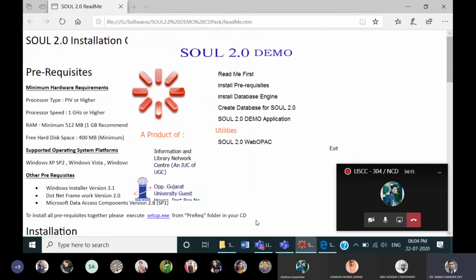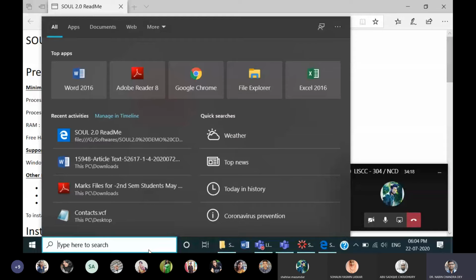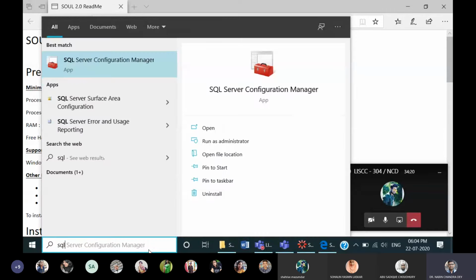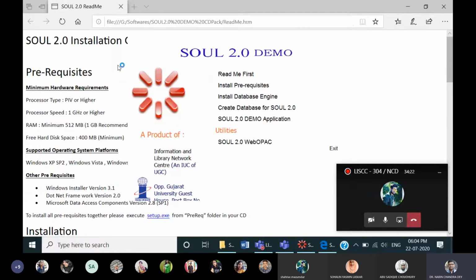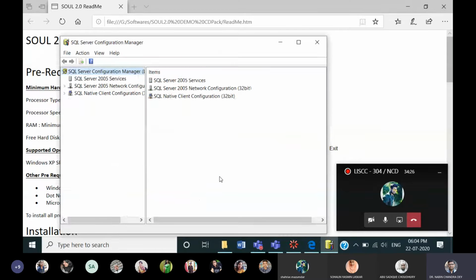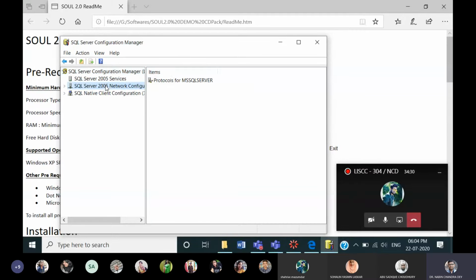Then you go again to SQL Server Configuration Manager. It will ask for permission. Here you can see network configuration. Three options are there: SQL Server Services, SQL Server Network Configuration, and Native Client configuration. I go with the protocols for MS SQL Server.